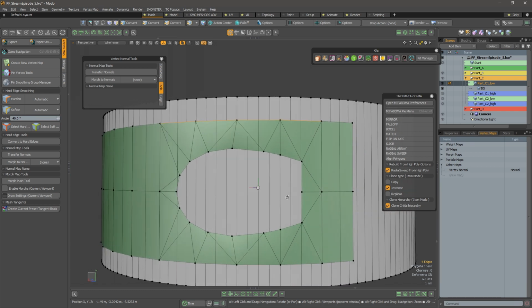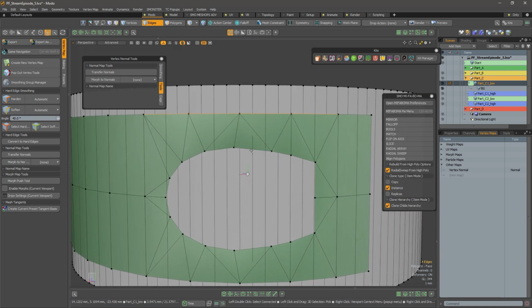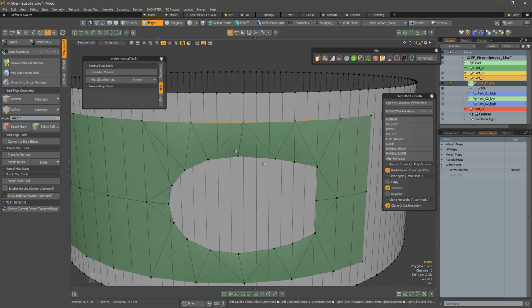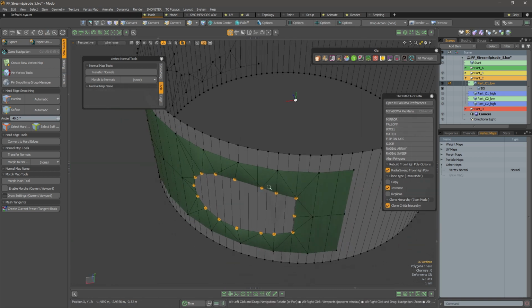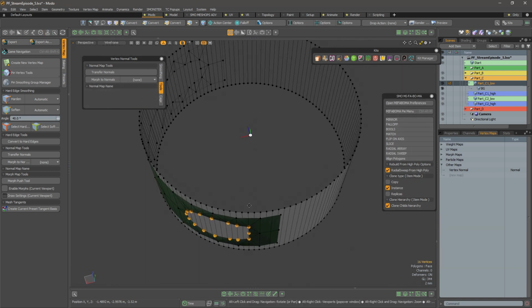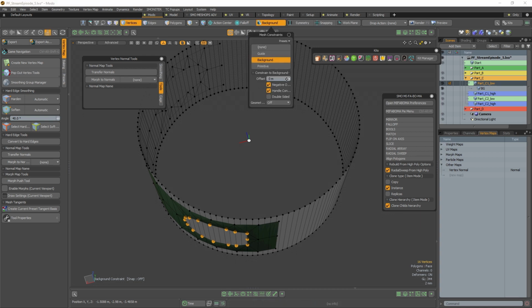So without looking at the Boolean features, I decided to create some more refined outline on this. And of course, what I've made during the modeling part is to select all those points, maybe select two vertex, and with the background mesh visible, this is where you can use the background